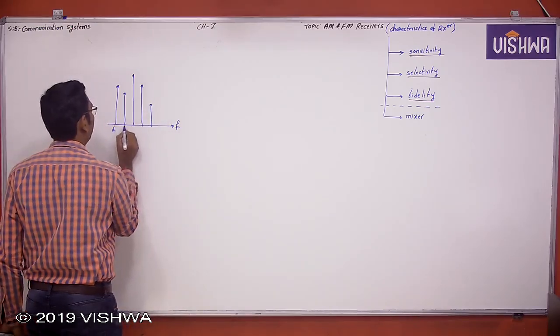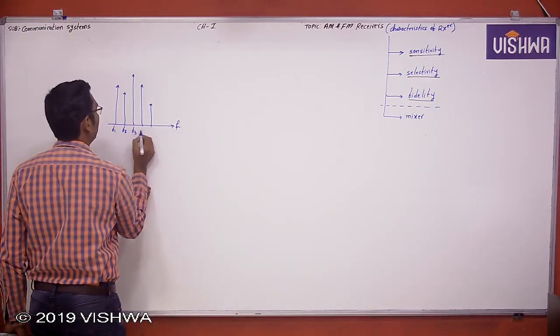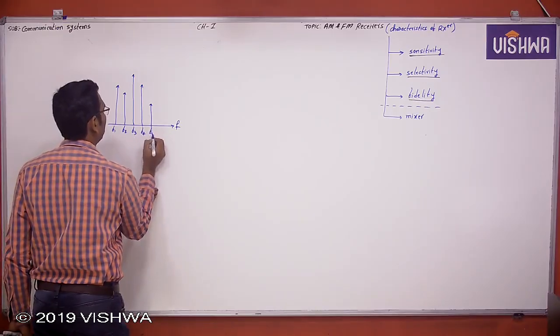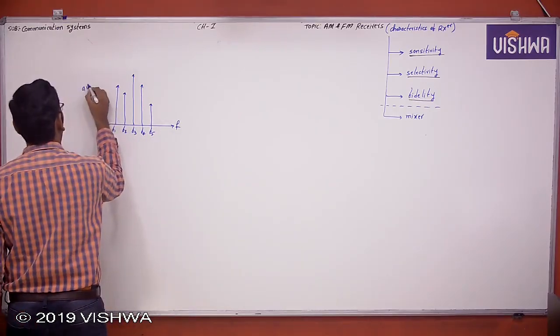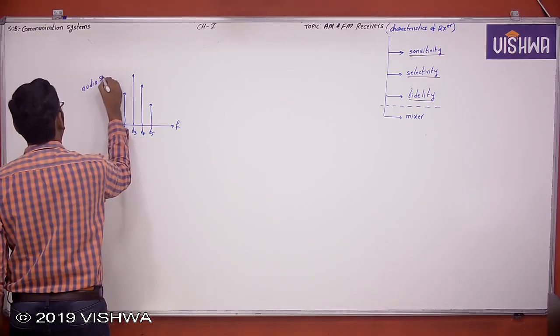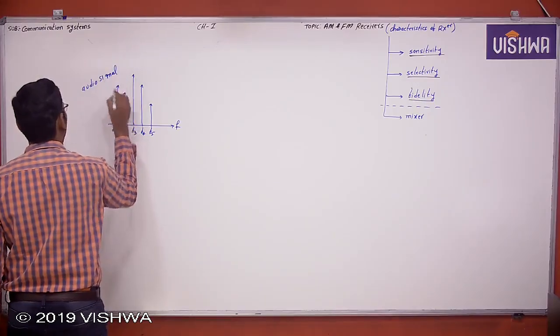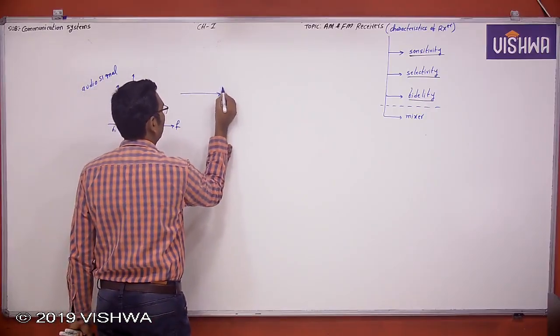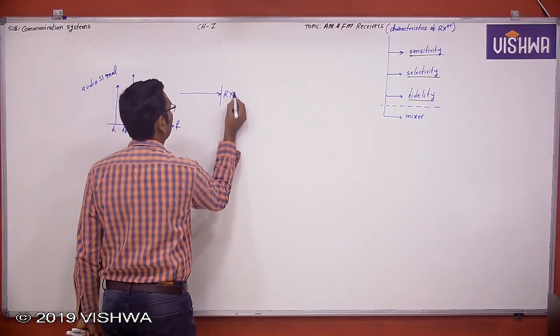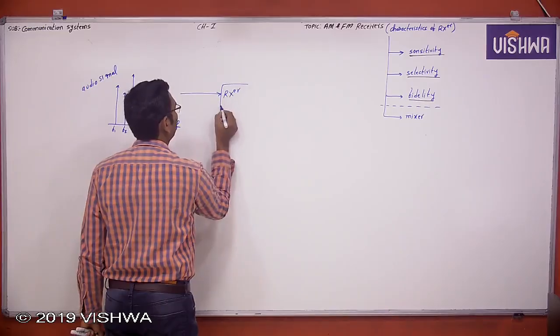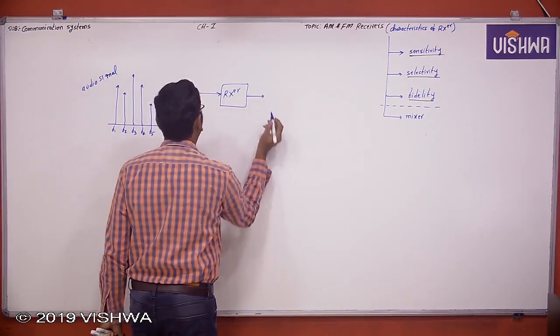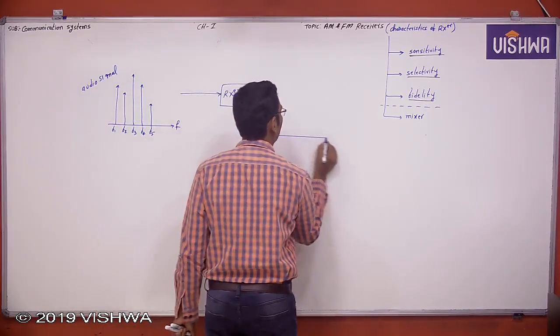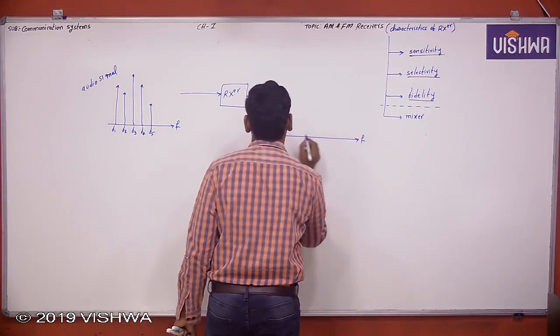Now F1, F2, F3, F4, F1. This is an audio signal whose spectral components, whose information is distributed over a frequency like this. Right? Now this is the receiver side. Now my receiver is reproducing at the output of the receiver